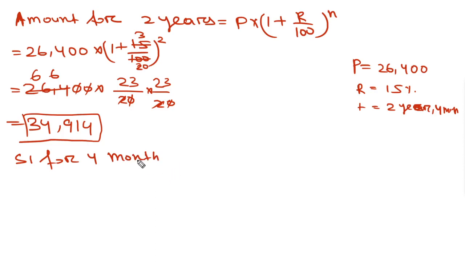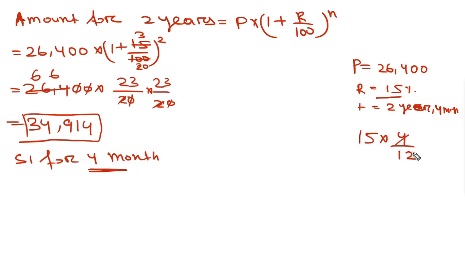Here the rate of interest for 4 months will not be 15%. So here you see the new rate of interest for these 4 months. For 1 year we are paying 15%. For 4 months you will not pay this much, 15%. You will pay less. So how much do you have to pay? 15 into 4 months upon 12, meaning 12 months in a year, isn't it?